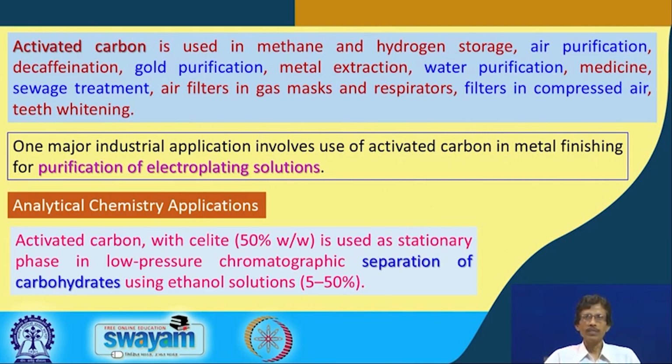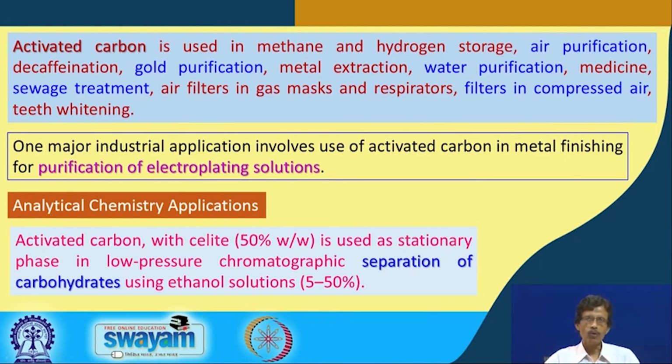So if we have a mixture of carbohydrates and we want to go for a separation technique, that separation technique is very useful by using only the celite, which is an earth-like, sand-type material, and the activated carbon. So a mixture of celite and activated carbon can be useful for filling the column chromatography. It's not that you have to use some alumina or silica gel. So for carbohydrate separation, 50% of that particular activated carbon will be very useful for the separation